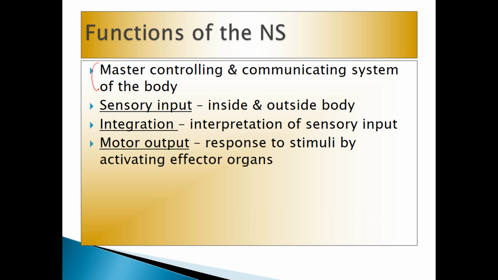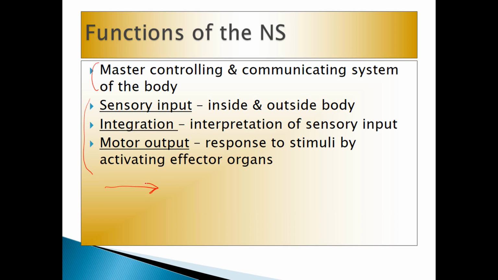So nervous system is the master controlling and communicating system of the body. It controls everything. And it really consists of 3 parts that you can kind of think of. Some sort of sensory input that we need sensory input from inside and outside the body. Think of it this way. You need to know that it's hot outside, but you also need to know what the temperature is inside your